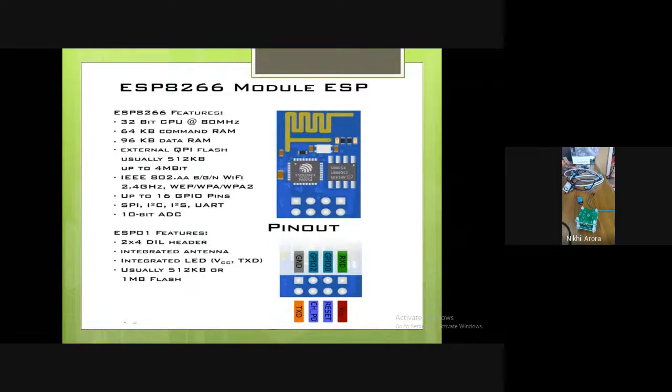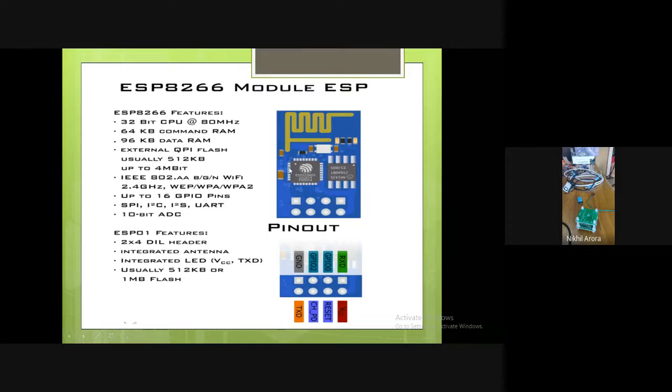If you see the ESP modules, ESP01 module, ESP32, NodeMCU, different types of modules are there. So if you see this ESP module here, let me use the pointer. This is the main chip, and this is the memory, flash memory, your ROM, EEPROM kind of thing. So what we have is basically an external flash memory you are using to store code and the TCP/IP stack and other things, and it will be booted from here.